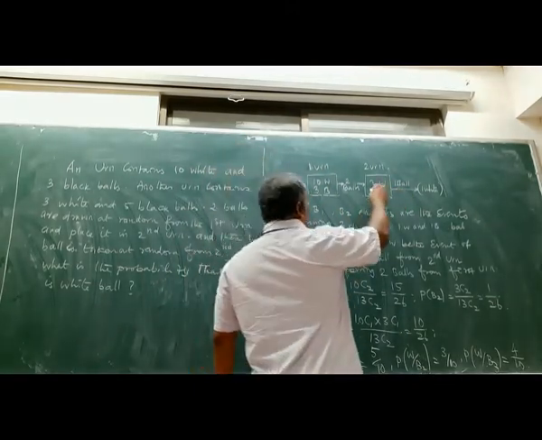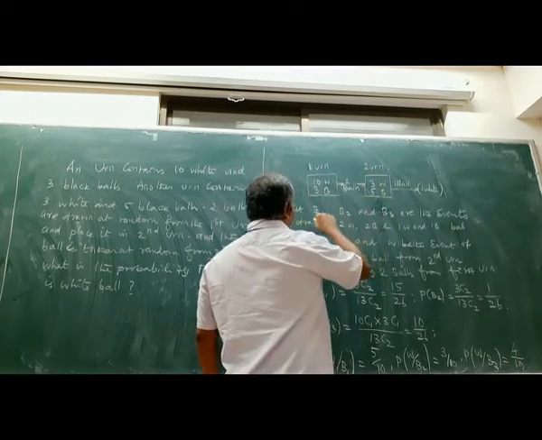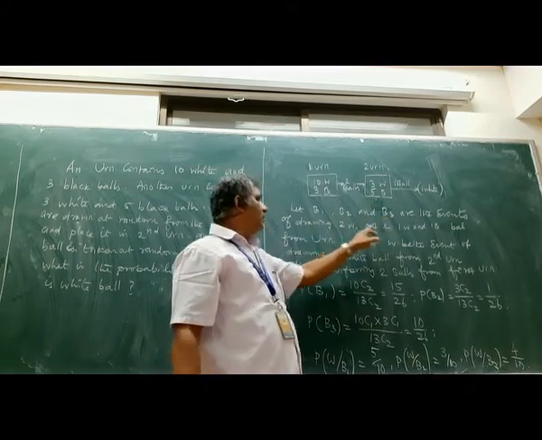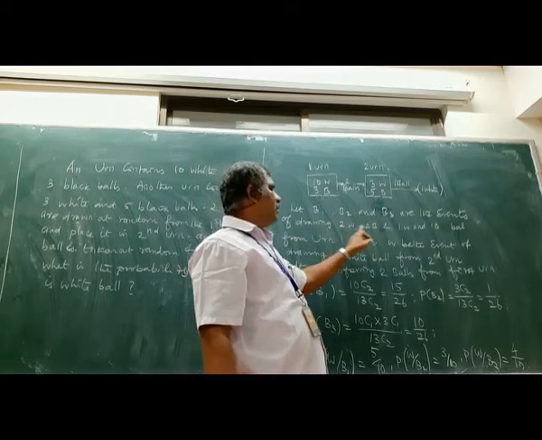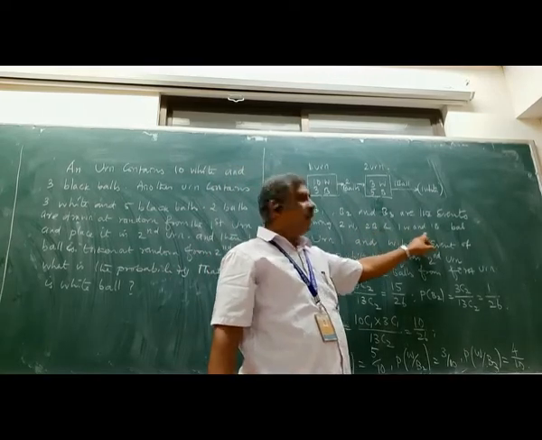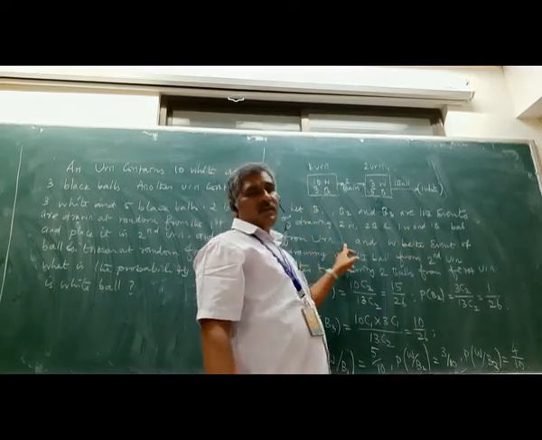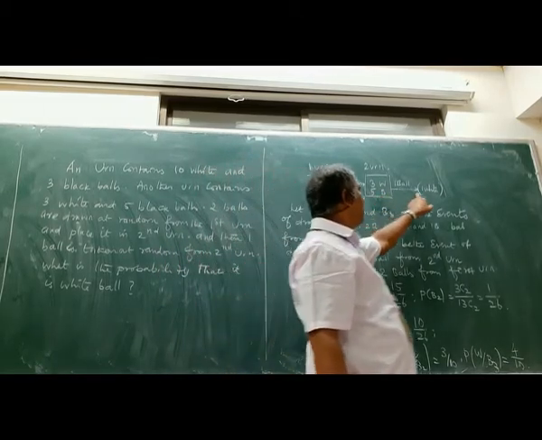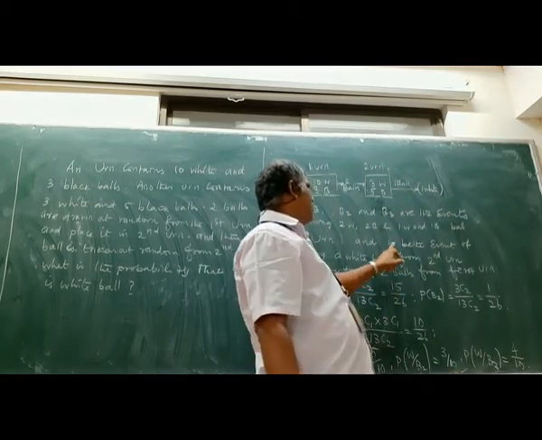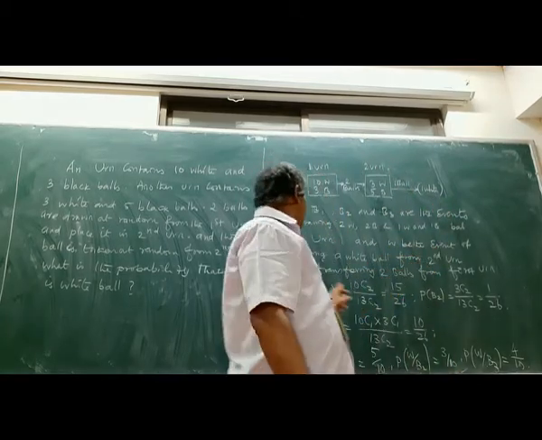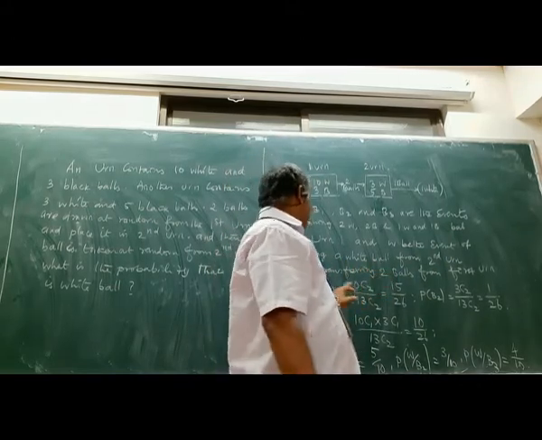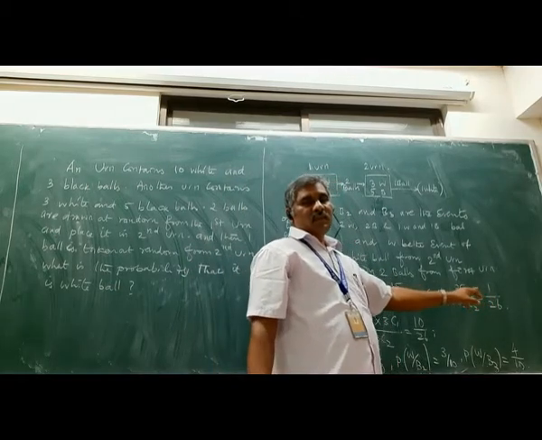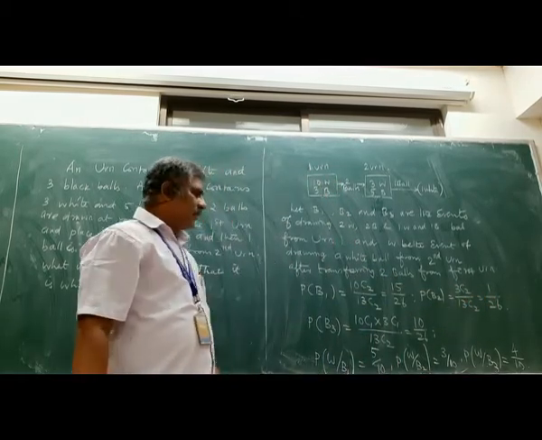Now we have to define the events B1, B2, B3 as the events of drawing 2 white balls, 2 black balls, and 1 white and 1 black ball from urn 1. Okay, and afterwards we are drawing 1 white ball. We can give the event name W. W will be the event of drawing a white ball from the second urn after transferring 2 balls from the first urn. Okay, so first we have to write the probabilities.